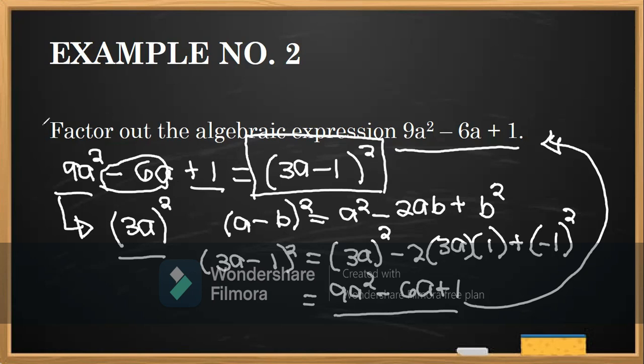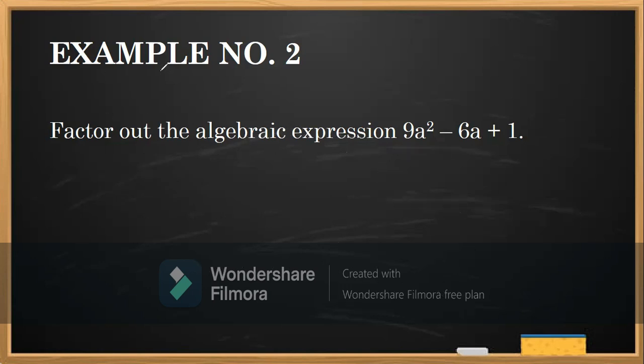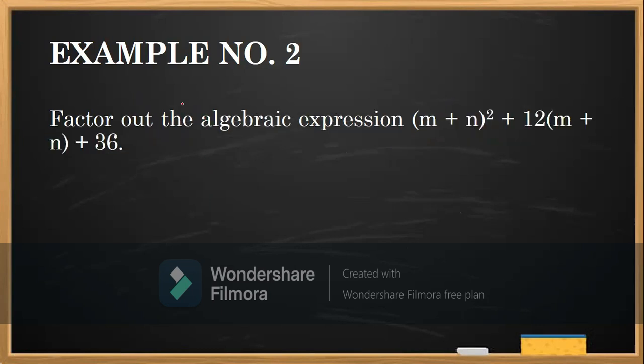Okay, questions for this example? Okay, let's proceed. We're asked to factor (m plus n) squared plus 12 multiplied by (m plus n) plus 36. This is quite similar to our first example. The only difference is there is m plus n. Okay, so to factor this out,